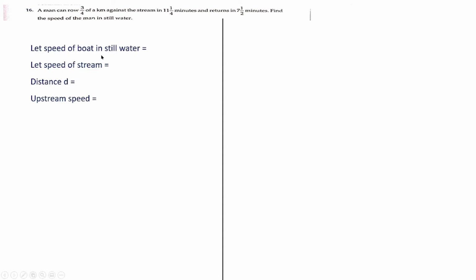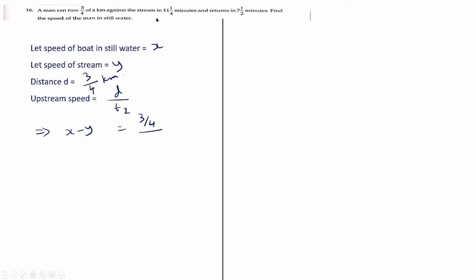So let speed of the boat in still water be x and speed of the stream be y. The distance d is given as 3 by 4 of a kilometer. So we have upstream speed is equal to distance travelled upstream upon time taken to go upstream. Let us take it as d2. Our upstream speed is x minus y. This is equal to 3 by 4 upon